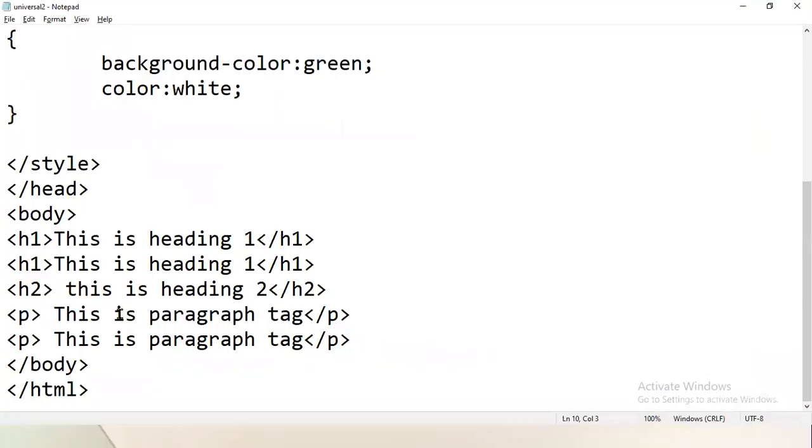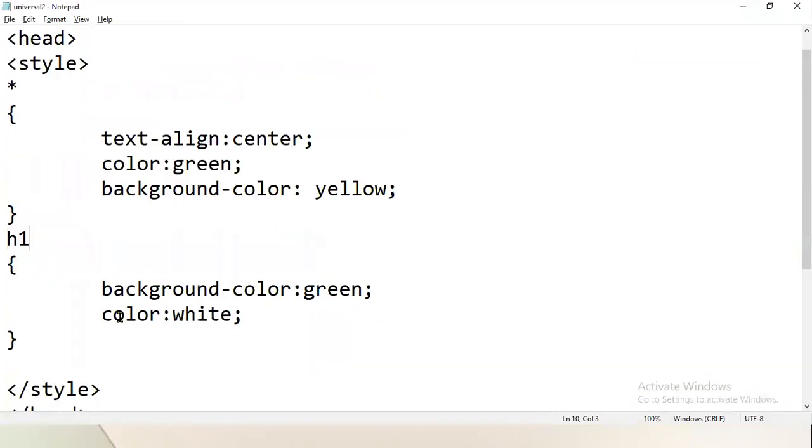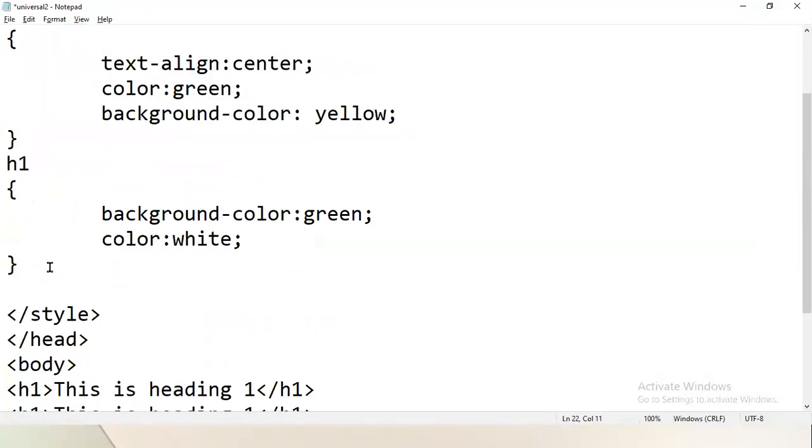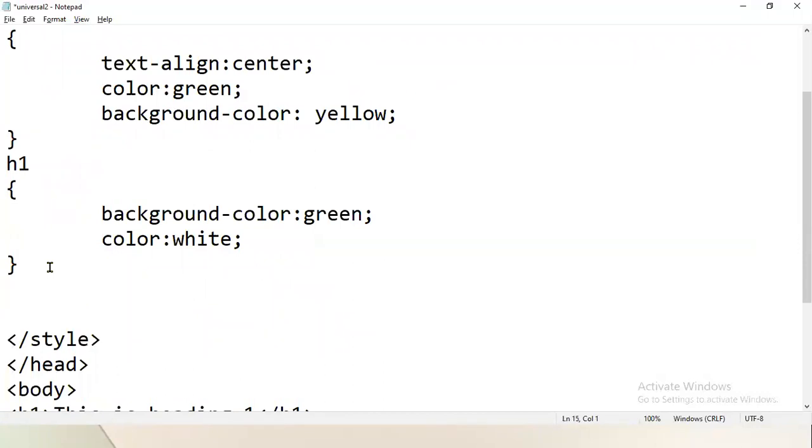For example, now we wanted to assign a different style or a different color to this. So I am assigning one ID to this p tag. For example, I am assigning p1 ID to this p tag. Here I'm going to use this property.